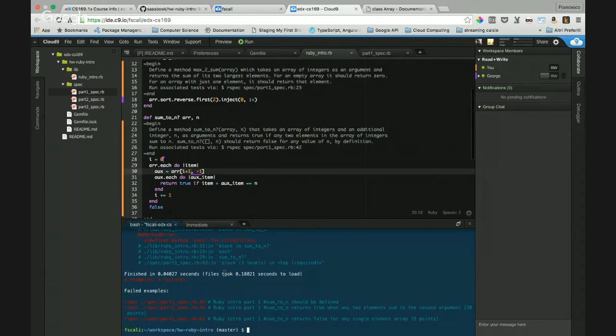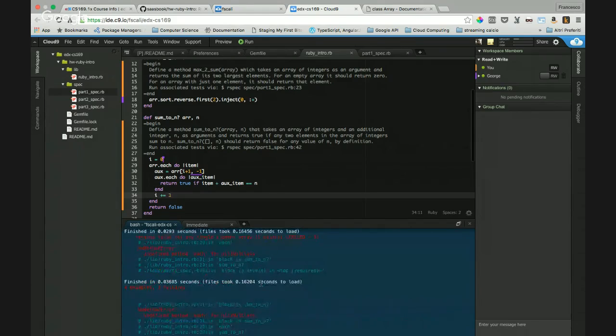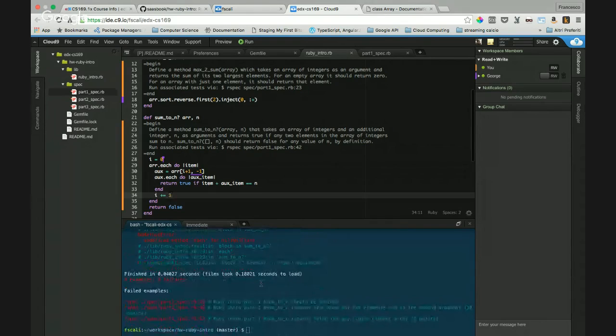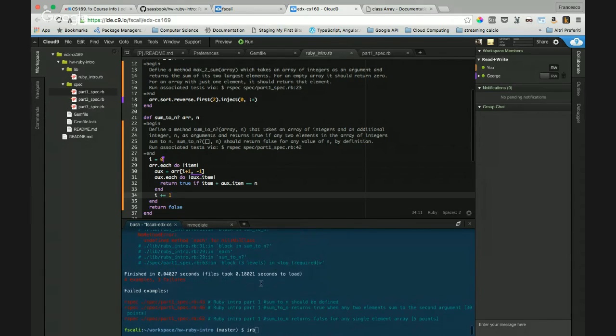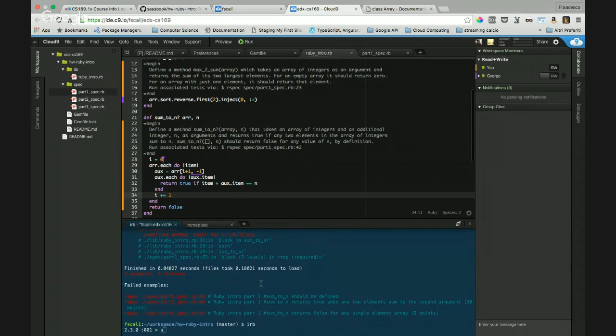What are the tests that we are failing? This should return false. Okay. You know that you don't need a return. Let's check in the IRB if I was correct about arrays.